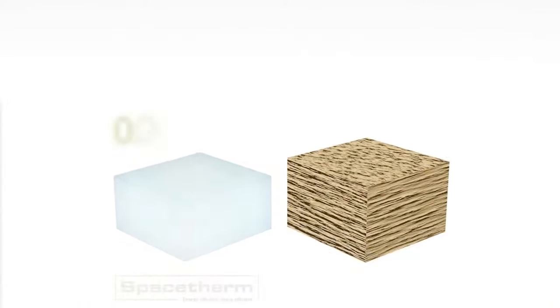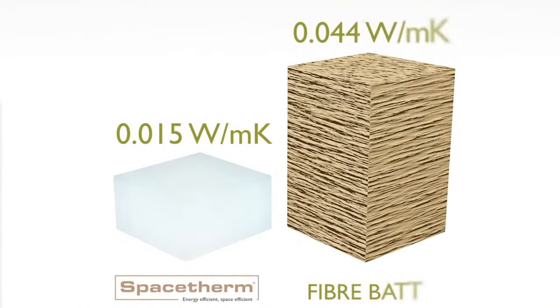Fibrous insulation quilts typically have a thermal conductivity in the range of 0.035 to 0.44, while the SpaceTherm is 0.015 to 0.19, meaning like-for-like performance can be achieved in less than half the thickness. While big thicknesses of insulation are expected and accounted for in passive and low-energy projects, it's not always possible to maintain such thickness over every part of the structure. SpaceTherm can allow this uniformity to be achieved, and being of comparable permeability to fibre quilt, without compromising moisture movement.